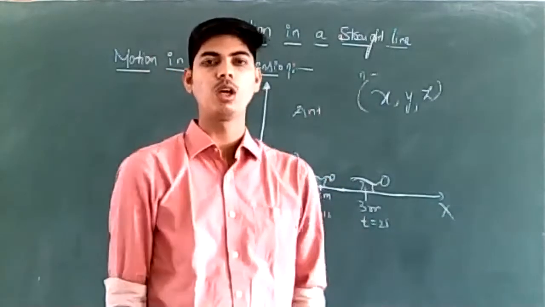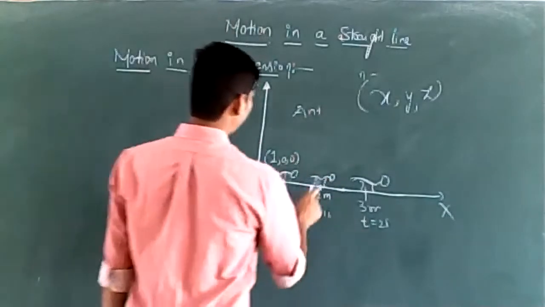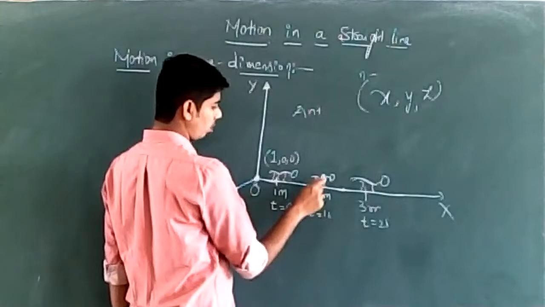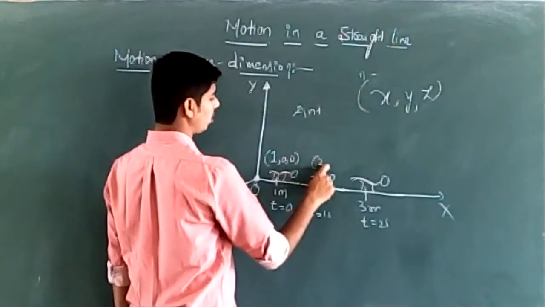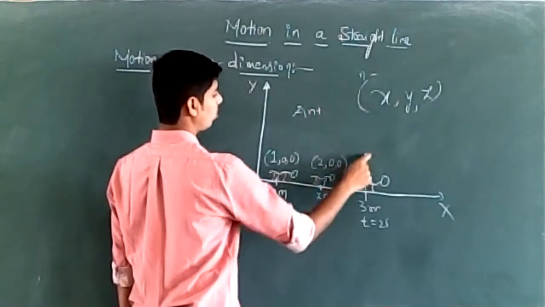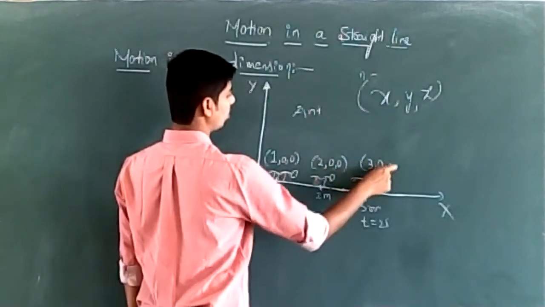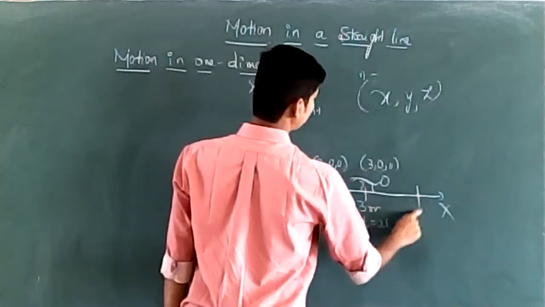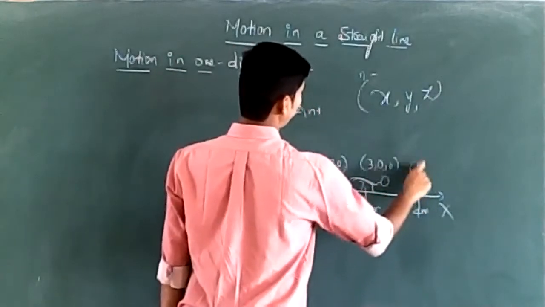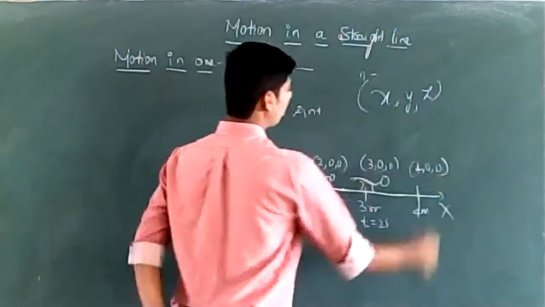Ant is moving only along the x-axis. Okay. We'll specify the coordinates of this position: 2, 0, 0, and this position: 3, 0, 0. If the ant is at this position, it will be 4, 0, 0. Now tell me